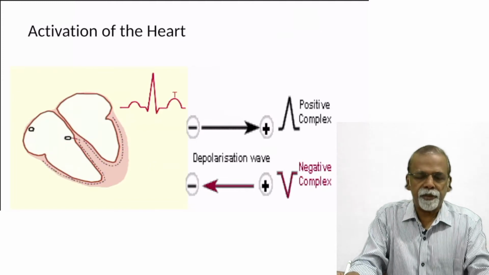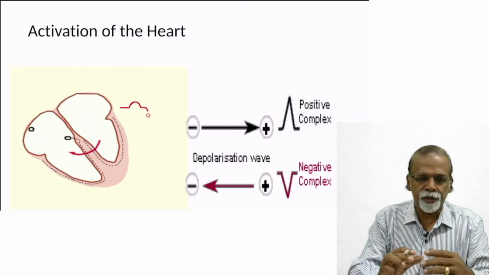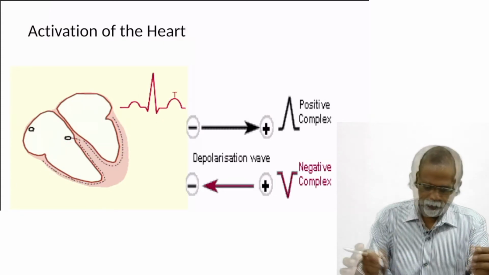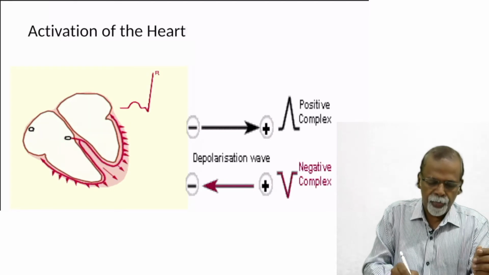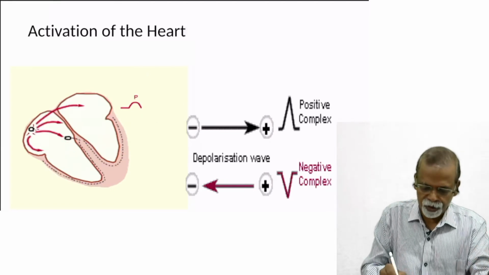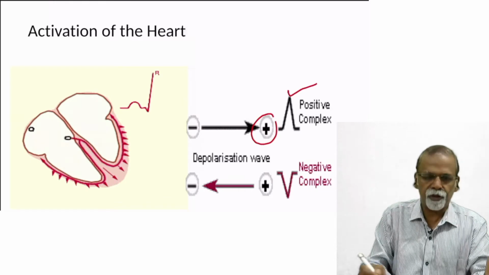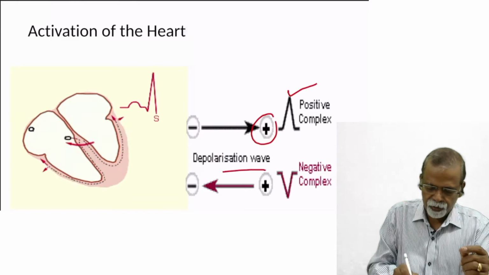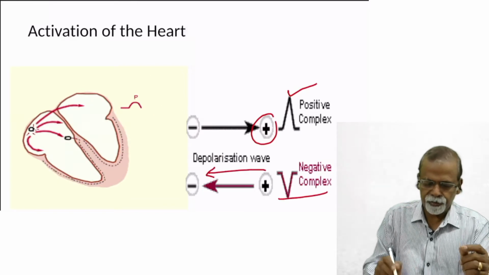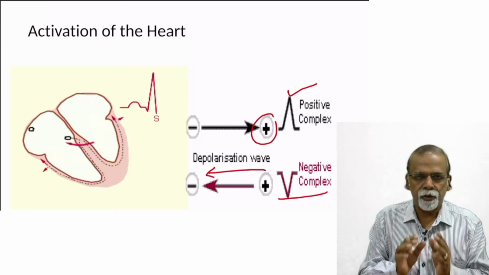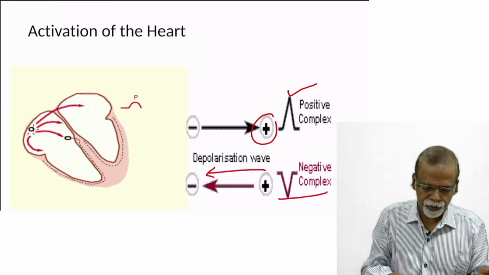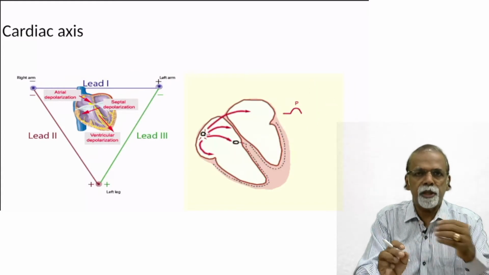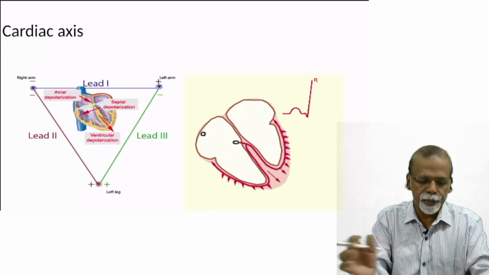And we have learned the activation of the heart. The depolarization of ventricles and atrium produces the waves in the electrocardiogram. And this is what I already mentioned: when the electrical forces are towards the positive pole, this will produce a positive deflection. If the force is away from the positive pole, this will produce a negative deflection. Knowing this, we calculate the axis of the heart. To learn about the axis, we should refresh our knowledge about the lead systems.